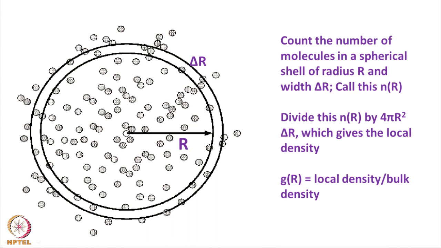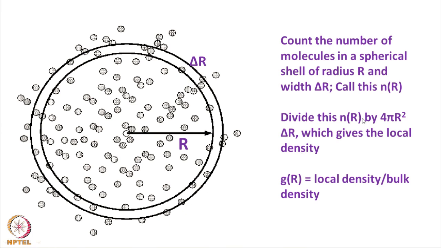Now, what do I want to do? I want to count how many particles are there in this particular shell. How will I count? Let us say I have the central particle, and I have another particle. If the distance between these two particles is between r and r plus delta r, then it will be in that shell. So, all the molecules whose distances are between r and r plus delta r will be in this particular shell. Once I count that number, let me call that number Nr. So, what is Nr? Nr is the number of molecules in this spherical shell. What is the shell? The space between an inner area and an outer area.